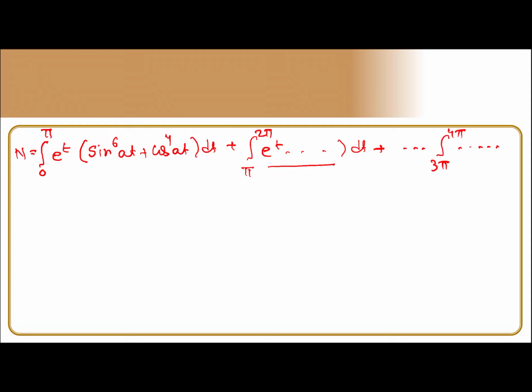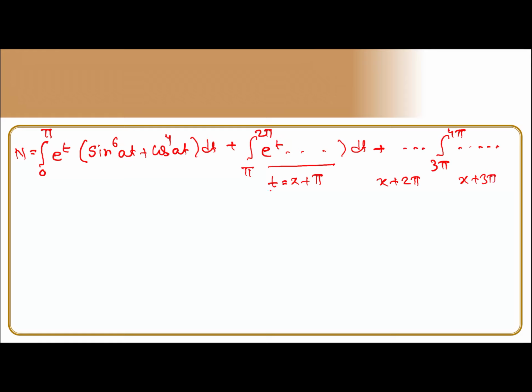Again what happens? In these cases what you have to do is t is equal to x plus pi. So another case x plus 2 pi. Next case x plus 3 pi. We do the substitution. So why are we doing this substitution? Because if you put pi, we get x equal to 0, and if we put 2 pi, we get pi. All limits will be 0 to pi. To change every limit into 0 to pi.